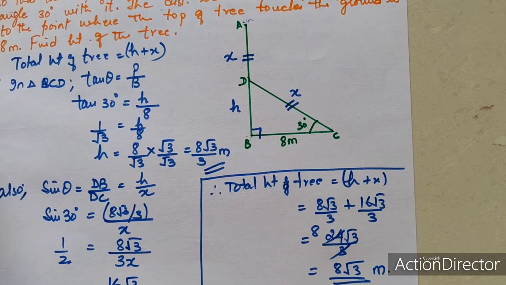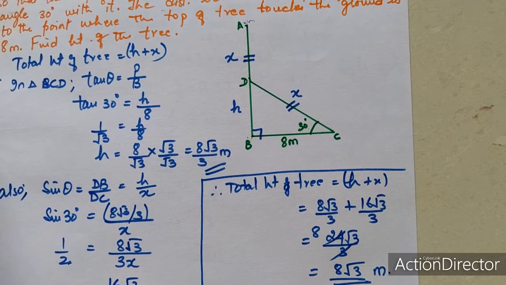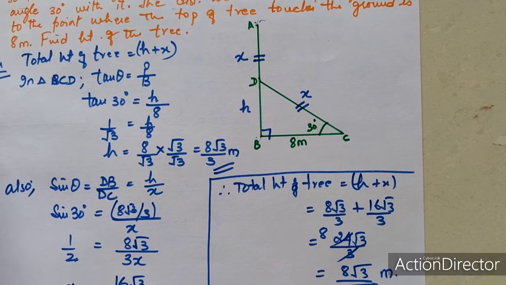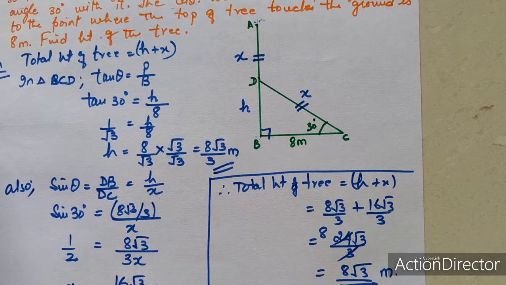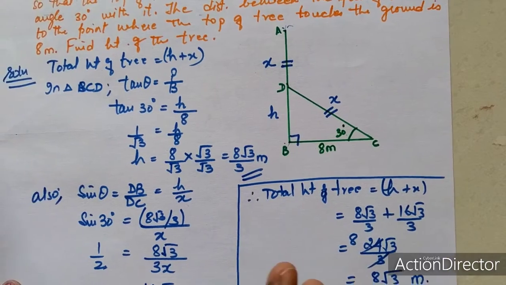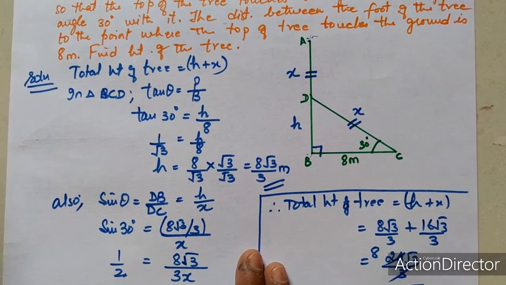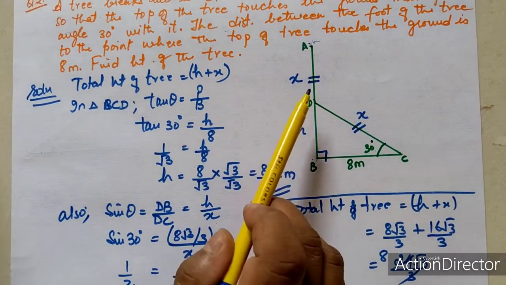And it is not compulsory to write answer in decimal. If you want to write answer in this way, you can. Okay. Otherwise, if you want to write the value of √3 as 1.732, multiply them and write the answer in decimal. So this type of solution you have to do because this question is also important, in which you need